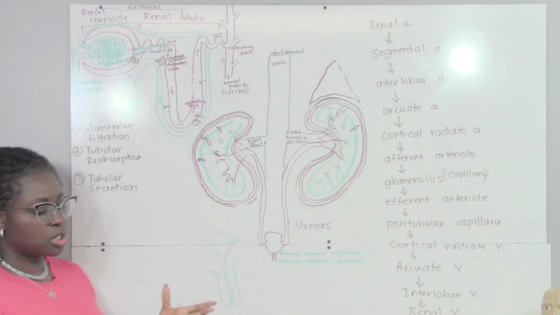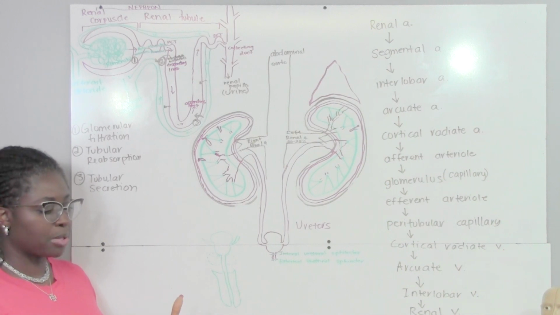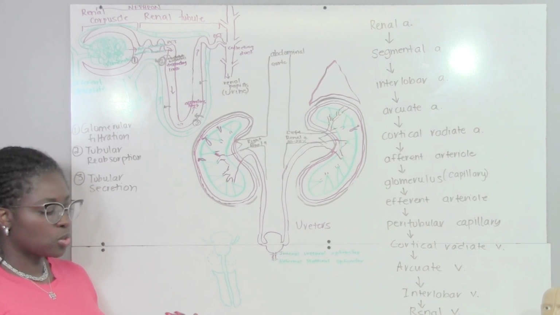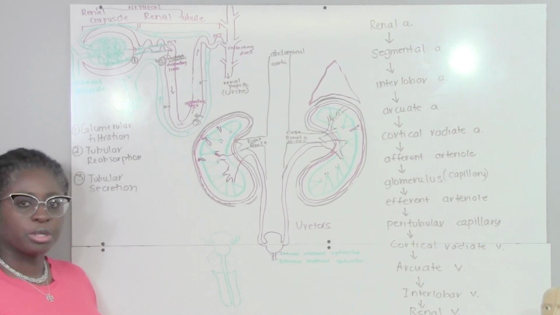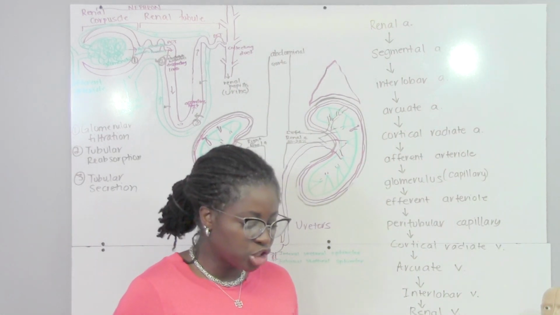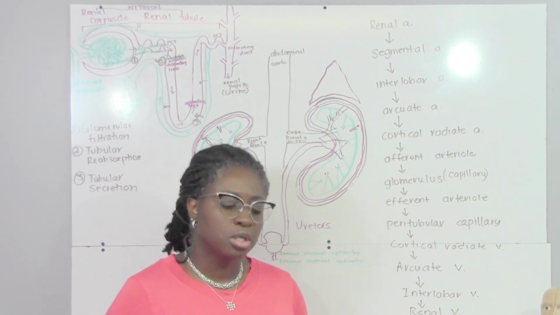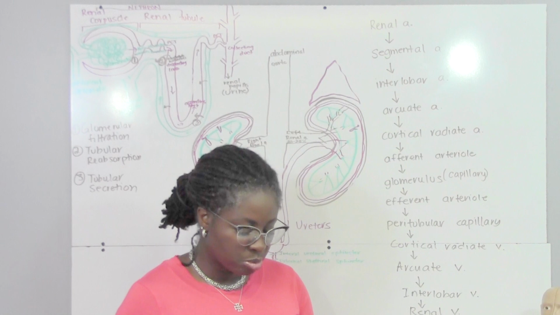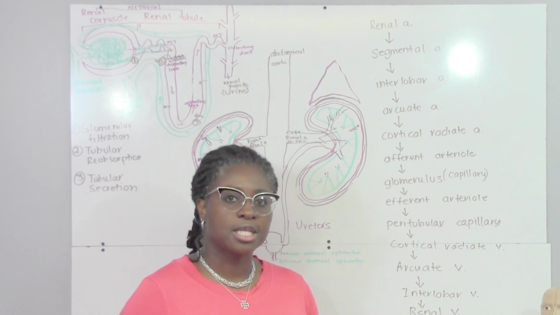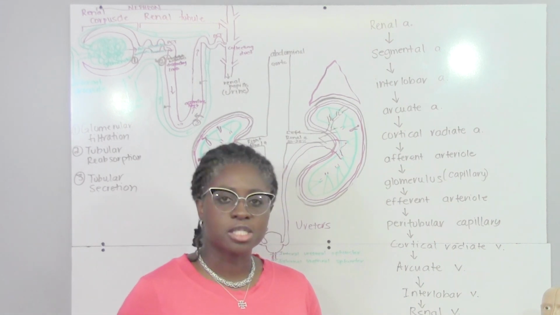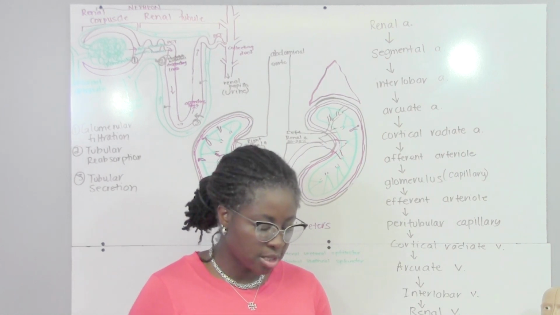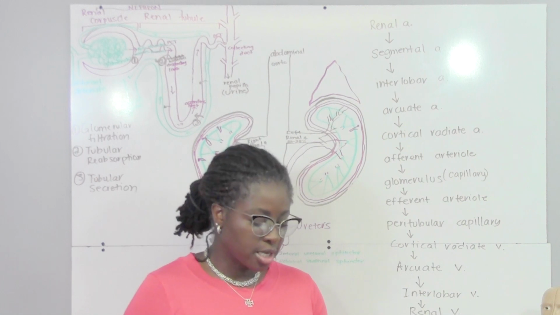The color can range from yellow to pink. Pink might be the result of something like having eaten beets. The odor also varies, and so it should be slightly aromatic, but of course that can also depend on your diet. In this case, I think about asparagus. It should not have a pungent odor. It does if it has been exposed to the environment for any given amount of time, because the bacteria feed on the waste, and then the waste material from the bacteria gives that smell of ammonia when the urea gets broken down. The pH can also vary widely from 4.5 to a pH of 8, again dependent on your diet,